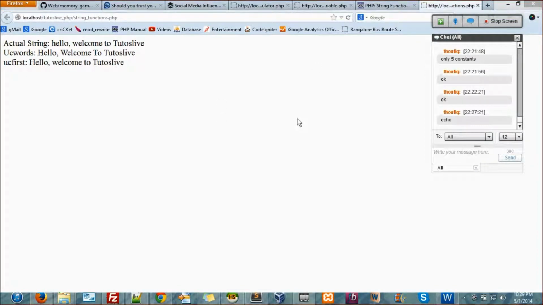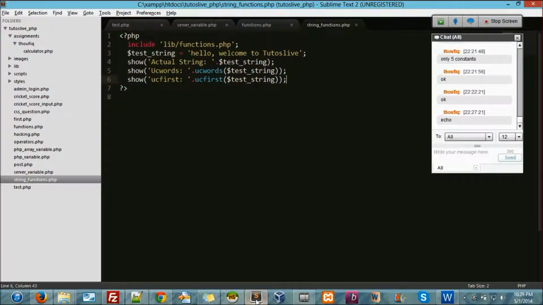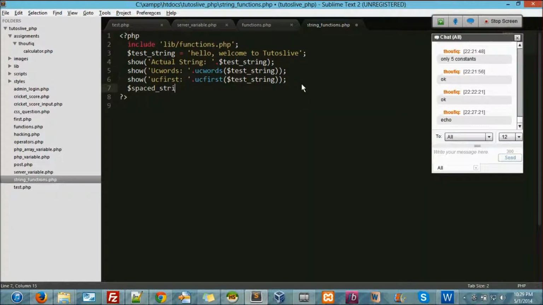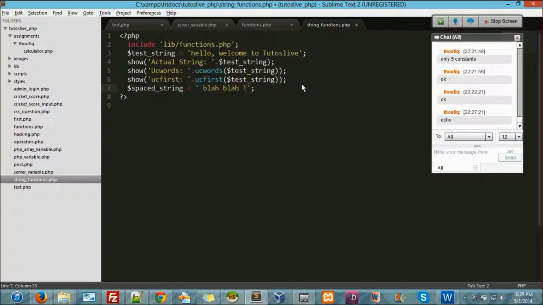Alright, so next is trim. Trim is very useful. I'll show you how trim is useful. Now here dollar spaced string equal to, so what I do here is I'll open a space at the starting. This is a space actually. Then here I'll type something, blah blah with exclamation and another space.